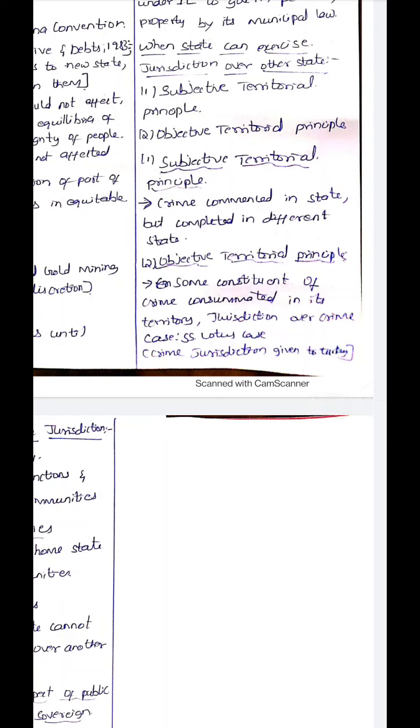In the SS Lotus case, a French ship called SS Lotus rammed a Turkish ship and killed 8 crew members of that ship. So Turkey took the ship into custody and started prosecuting. France objected, saying that it does not fall in Turkey's jurisdiction, that they have to return the ship and France will run its prosecution. But the International Court of Justice held in favor of Turkey, saying that Turkey can run proceedings over that crime. It will fall under Turkish jurisdiction.